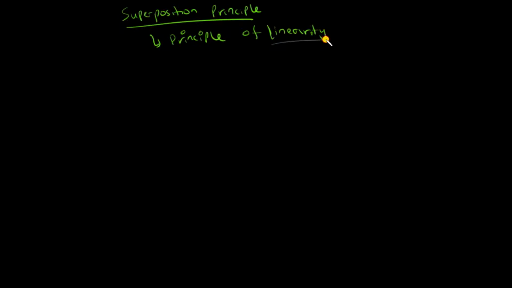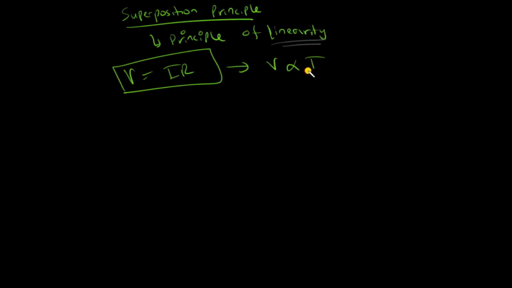So what's a linear circuit? Basically, linearity is related to Ohm's law. As I have already mentioned before, Ohm's law is V equals IR, and this is derived from the fact that V is directly proportional to I. What this means is that if there's a resistor and I have a current through it and a voltage across it, and if I increase the current, my voltage would also increase linearly. So this means that voltage and current are directly proportional. All elements that have such a graph are called linear elements.